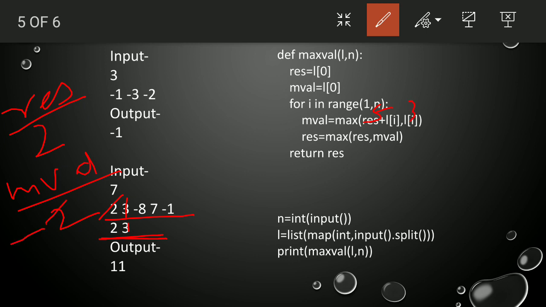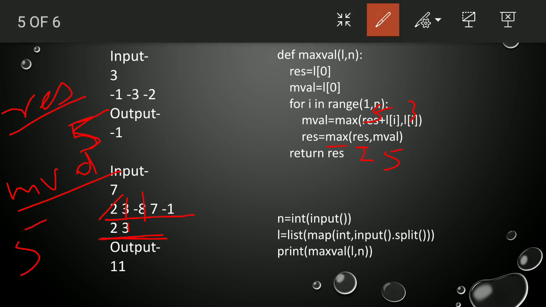That is 5. So M value contains 5. So max of res, which is 2, and M value, which is 5, so res is 5 as well. Res contains 5 and M value is also 5.